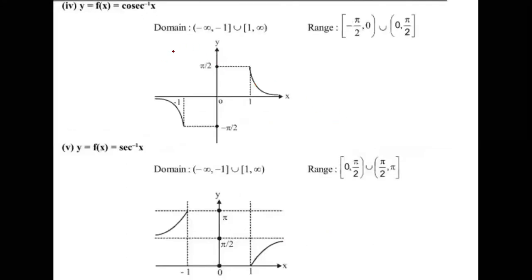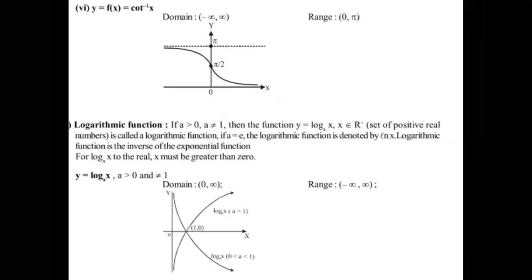So what about this case? y is equal to what? Cosecant inverse x. So what is the domain here? Any real number other than minus 1 comma 1, open interval I'm taking. See, be careful. What is the range coming to? This one. Similarly, see carefully, the domain of secant inverse x. These are the graphs. So a lot of practice is required on this one. All of you, dear students, humble request: once again practice these questions. Finally, cot inverse x.